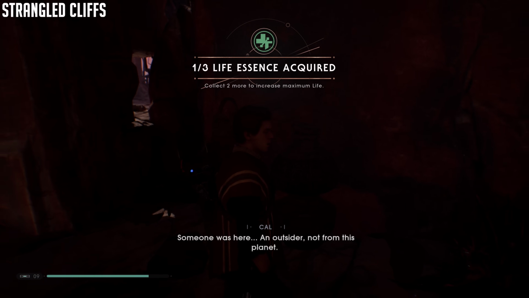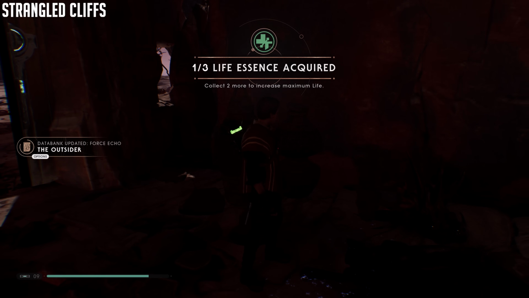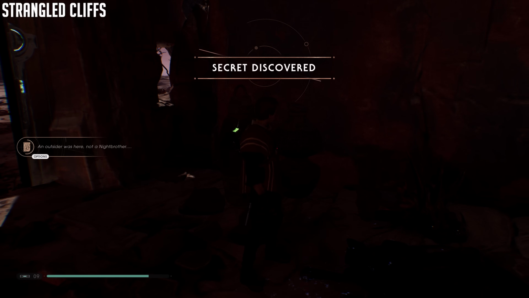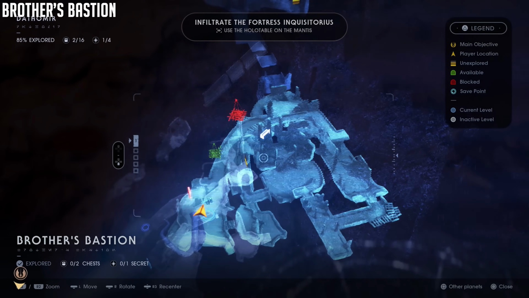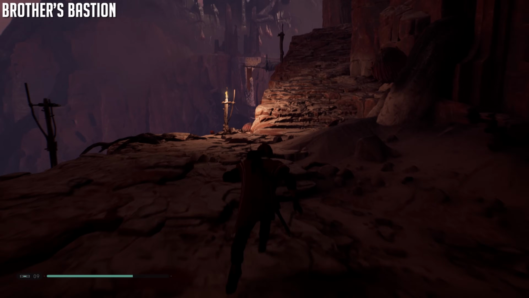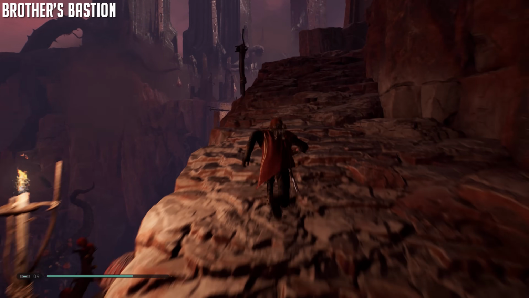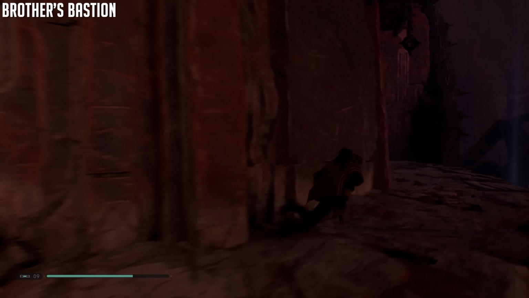So now we're going to go to Brother's Bastion. And I apologize, this is far too much back and forth for me, even though it's less than 100 yards. But we are going to take the double rope swing to the Brother's Bastion area. And so from that meditation point, go up these stairs. We're just going to follow this around